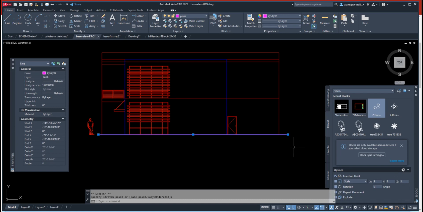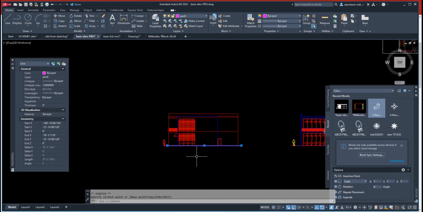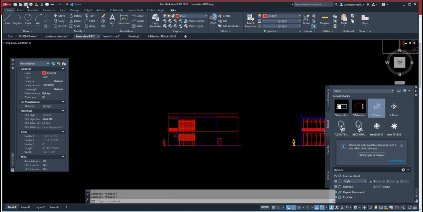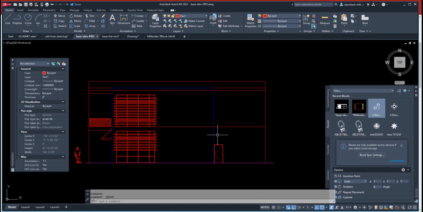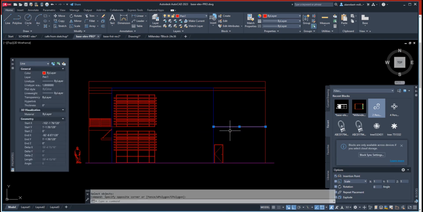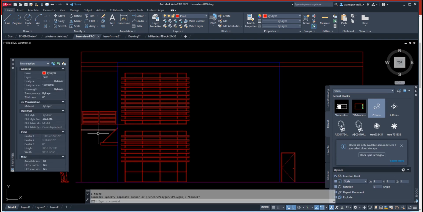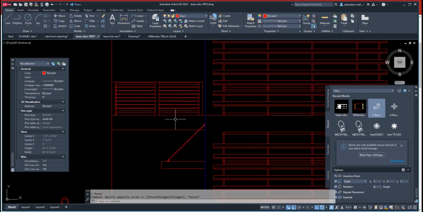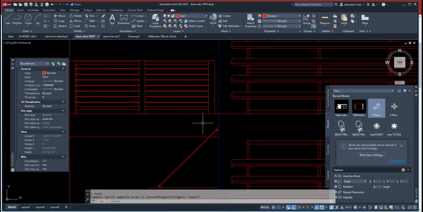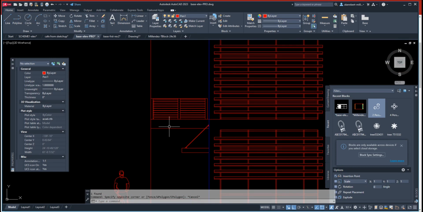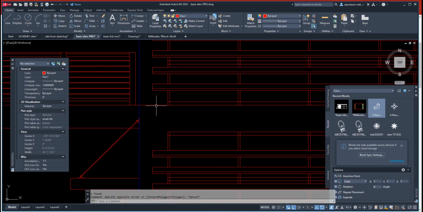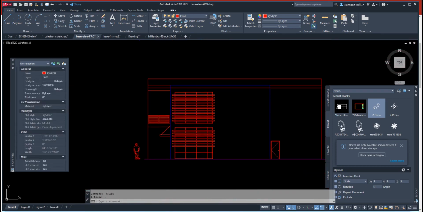Okay, okay. Make sure you save and save off, and you don't know what's going to happen. I don't want this line here, so I'm going to delete that. Now this one's not a line. This one's actually part of the balcony that sticks out. Okay, this one, it's not supposed to be there. Okay, so